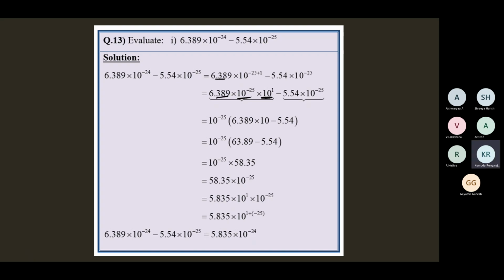This one is 10 to the power minus 25 into 10 to the power 1. The second part is as it is. Now we are ready to take out 10 to the power minus 25 common. 10 to the power minus 25 is common in both the parts. So if you take out this common,